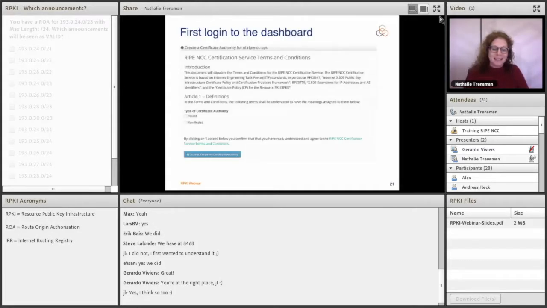So let's say you have not touched RPKI yet and you want to start with it. If you go to the LIR portal and you log in, on the left-hand menu, you will see 3 items. One of the items there is resources. If you click on that, you will get to the RPKI dashboard. When you go to the RPKI dashboard for the very first time, you will see this,